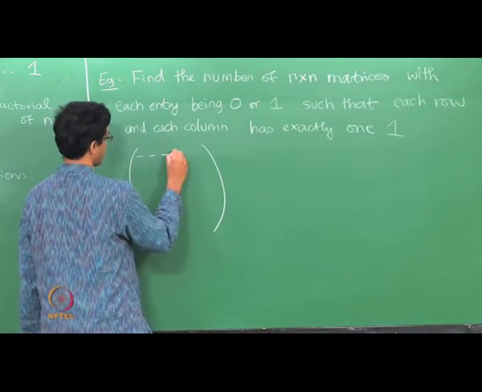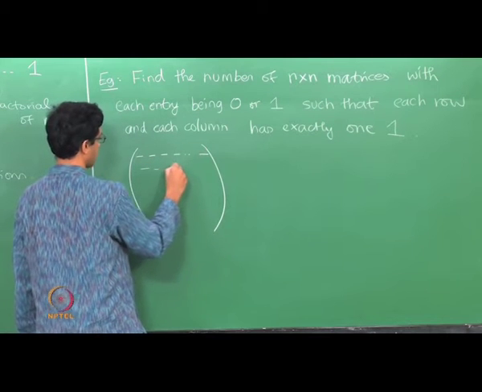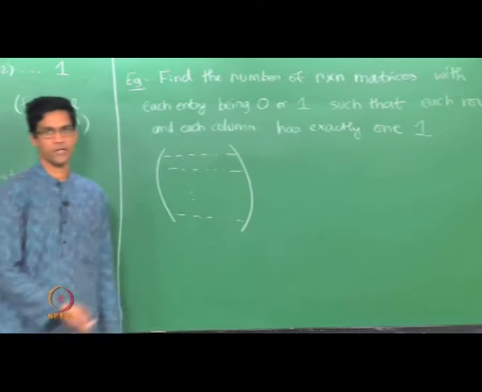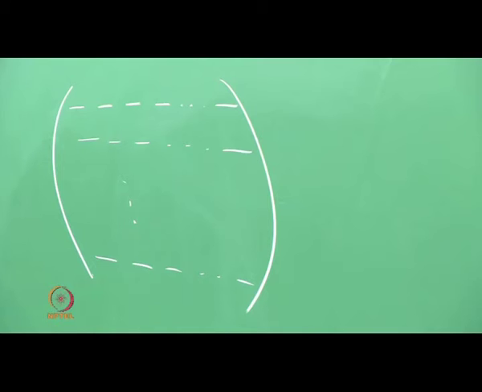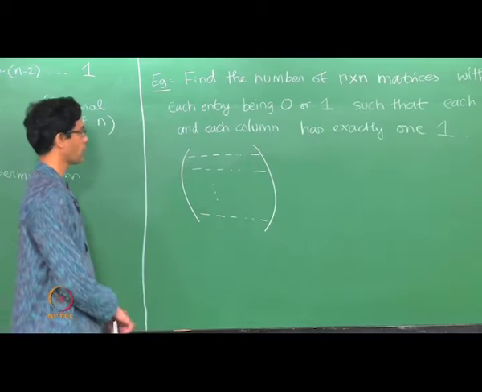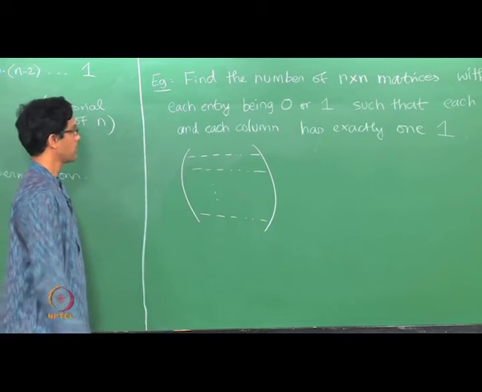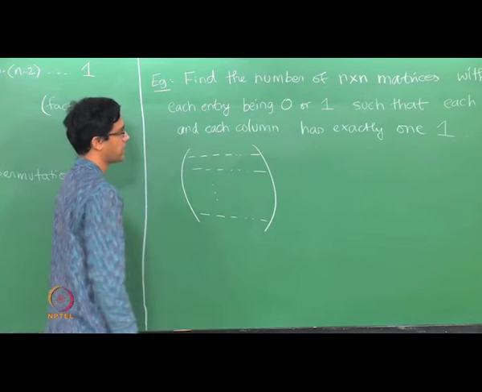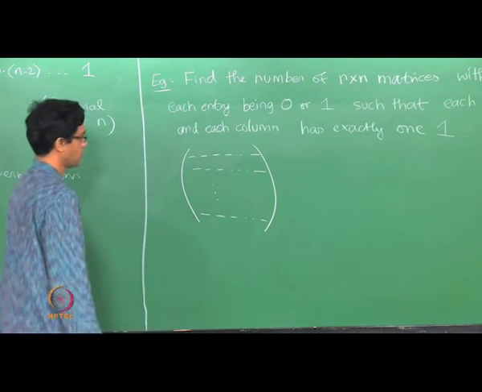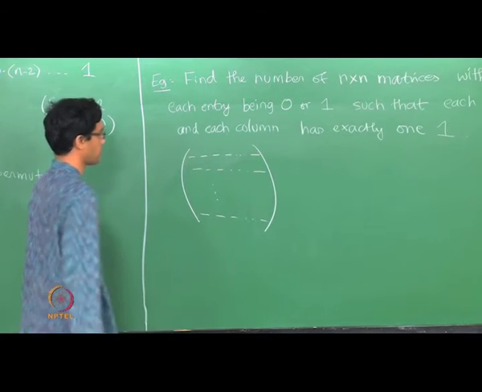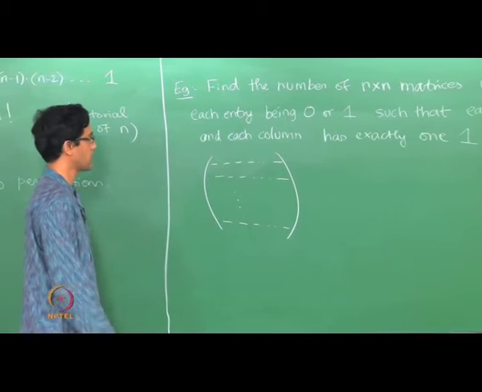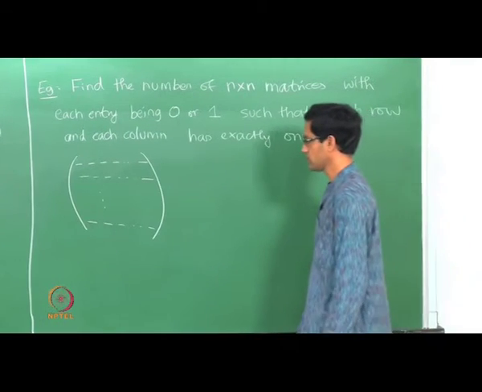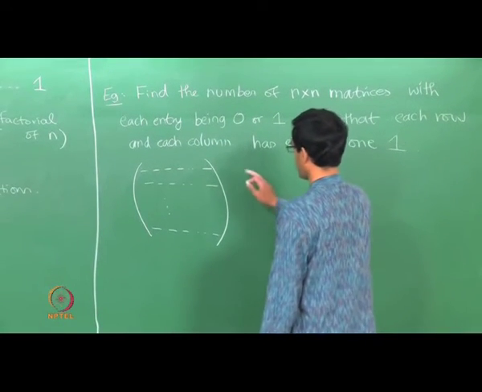So in a sense it is like you have n positions, but right. So in all there are n squared positions to fill, but what one has is restrictions. You are only allowed to fill zeros or ones, and the sums of each row and each column is a 1. In other words, in every row there is a single 1 occurring somewhere, and every column there is a single 1 occurring somewhere. So how does one solve a problem like this, for instance? Okay, so this looks seemingly different from the problem of permutations.